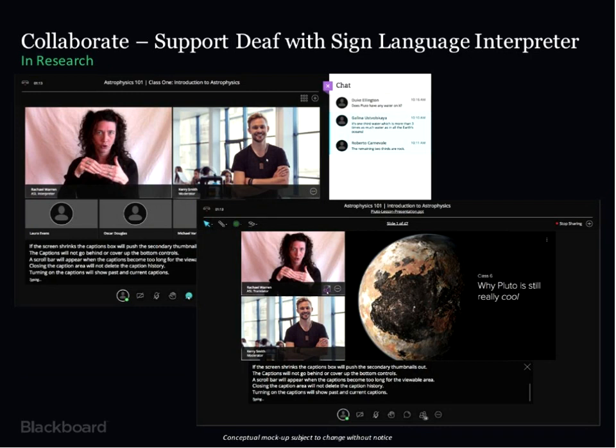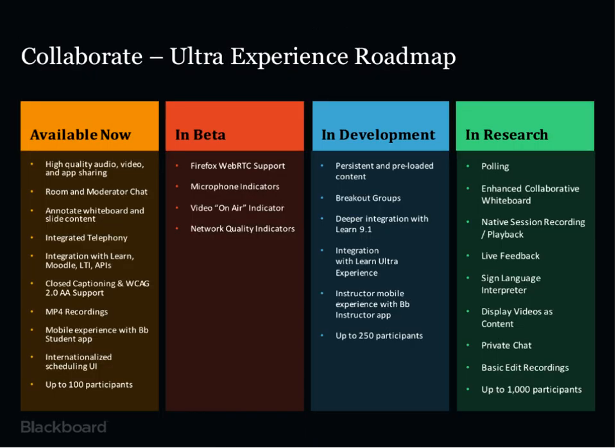I mentioned earlier how we've been working with the Gallaudet University to better support deaf and hard of hearing learners. And so we've been working on designing a sign language interpreter feature that would allow basically these learners to follow both the active speaker within the session and the interpreter in the session. That interpreter, of course, can be located anywhere, right? So if you do have an interpreter for your deaf community that is in a completely remote location, they can join, they can interpret for the active speaker, and the students can follow along in a view that is tailored for them, showing both the speaker and the interpreter at the same time.